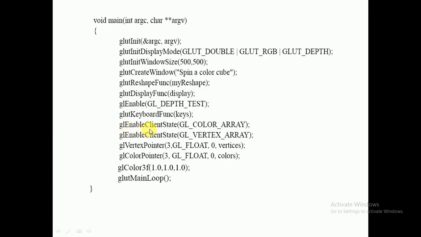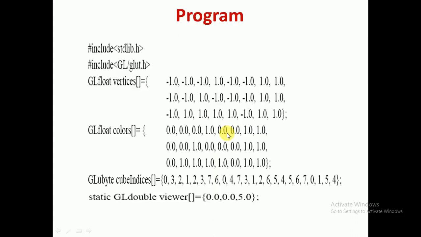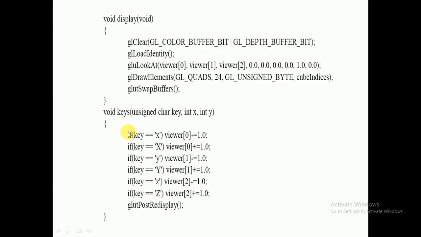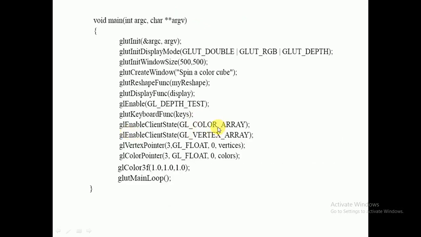Then, as I told you, glutClientState, which we also did yesterday: we have to enable these arrays, because we have used a color array and a vertex array. Previously we defined a color array and a vertex array, and stored these values. When we discussed polygons, I told you that you can store the geometric information of a polygon in different tables. That concept we are using here. glEnableClientState with GL_COLOR_ARRAY enables the color array, and glEnableClientState with GL_VERTEX_ARRAY enables the vertex array, because we stored colors in the color array and vertices in the vertex array.